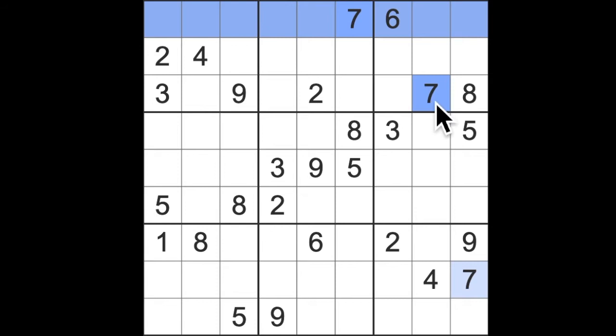And down here we have another 7, so we can apply the same logic. So we know that 7 can't be in this square, this square, this square, this square, or this square because of this 7 and this 7. And the other squares already have digits in them. So we can see just one blank square where a 7 could possibly go, and so we know that's where it does go because there is only one unique solution to every